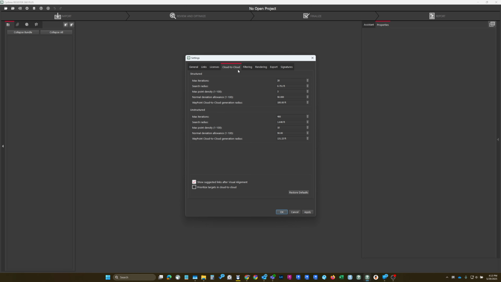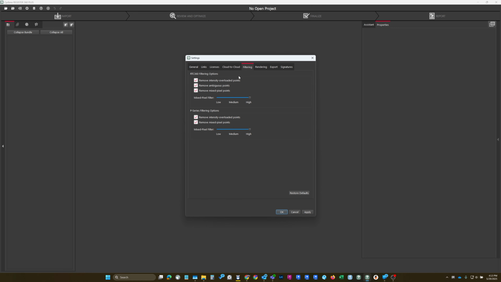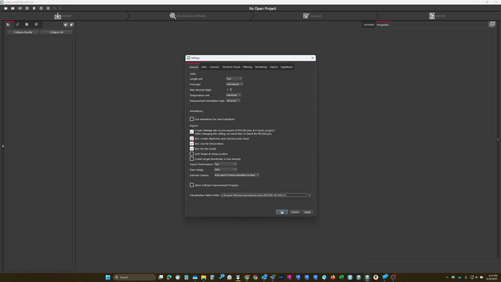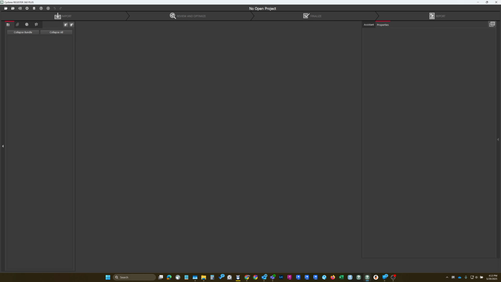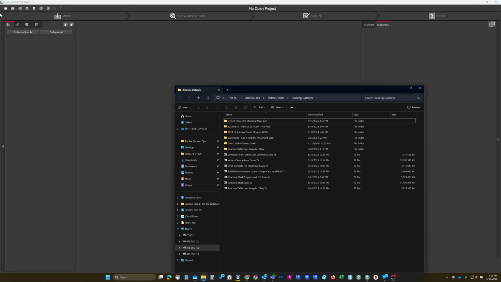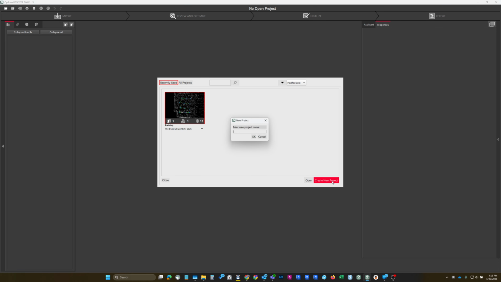let the auto cloud-to-cloud registration go a little bit quicker. And ultimately the import just to go a little bit quicker. Other than that, I will be changing those values back to some different settings later on. So those are it. Now just going to create a new job, then bring in the